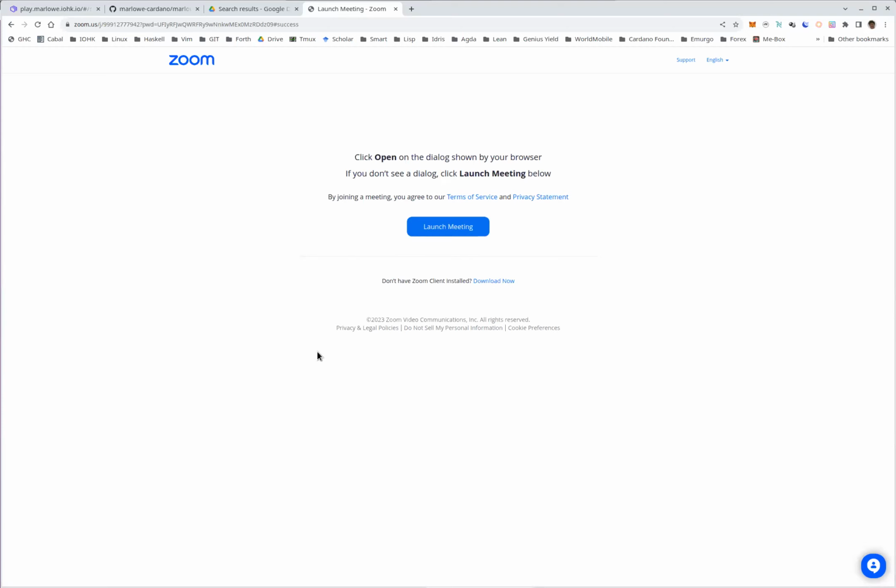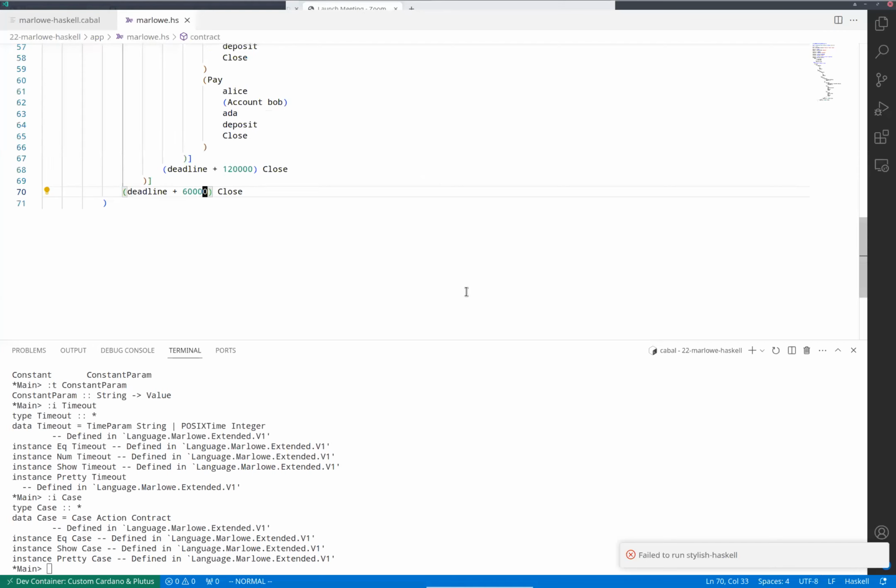And the idea is that today I will mostly not talk about Cardano specifically, but just about the Marlowe language. And then on Thursday, we'll become more practical and actually run contracts on the Cardano blockchain itself, or rather, at least the testnet. I mean, we don't want to use real money, of course. Okay, so Marlowe. But before we get to Marlowe, I want to talk about DSLs, domain-specific languages. And for that, allow me to